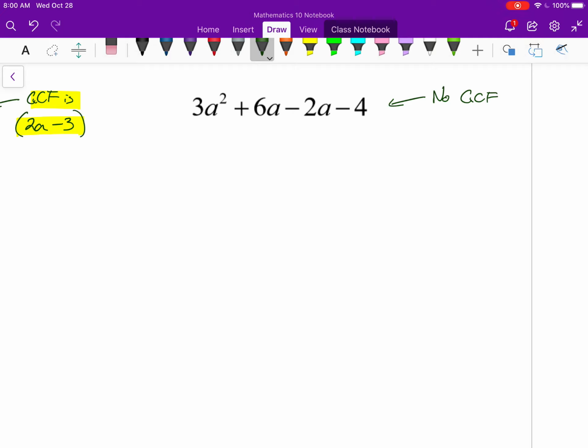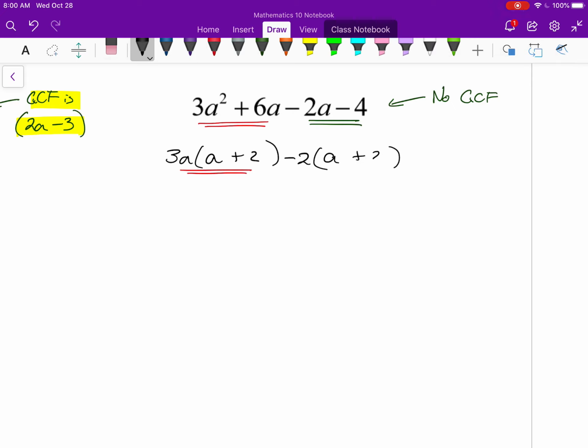However, I can create one if I do something called factoring by grouping, which means I look at these pairs. I'm going to look at the first pair and the second pair. Look at the first pair that I've underlined in red. That pair has a greatest common factor. The greatest common factor is 3a. And if I take out 3a from that first pair, I have a plus 2. Look at the second pair. The greatest common factor is 2, or negative 2. And if I take out a negative 2 from each, if I divide each of these by negative 2,